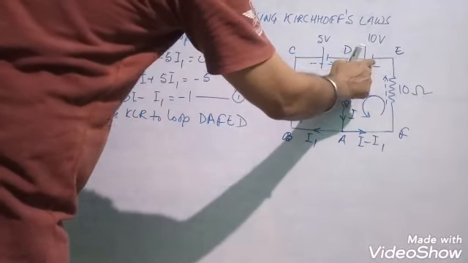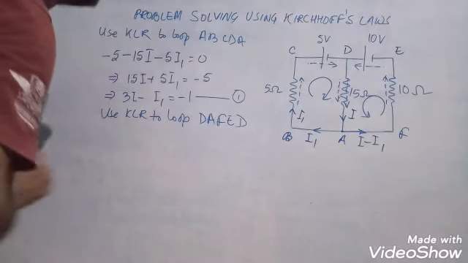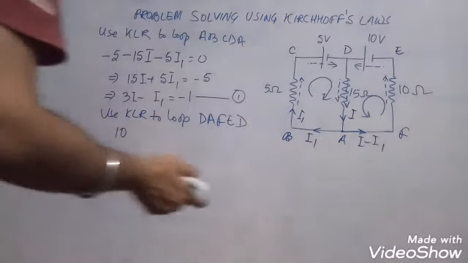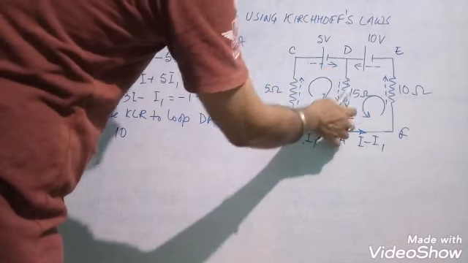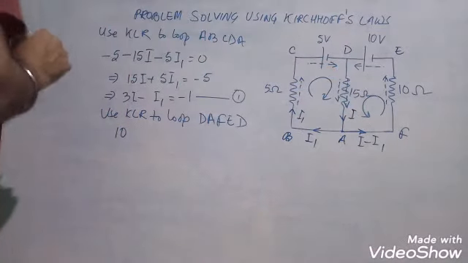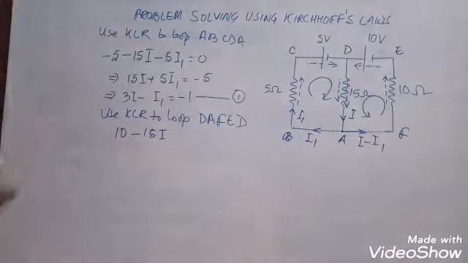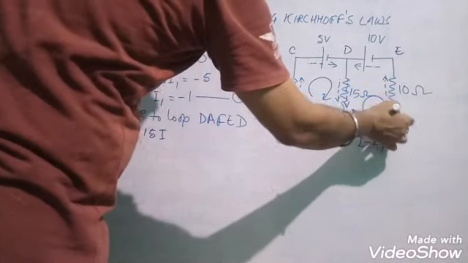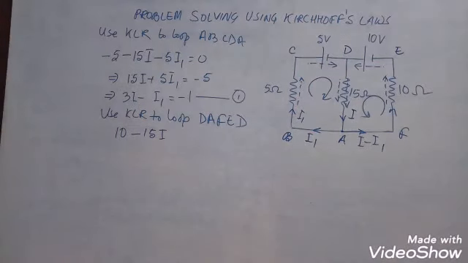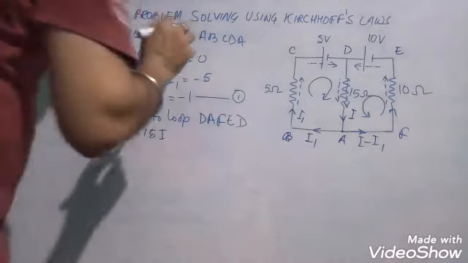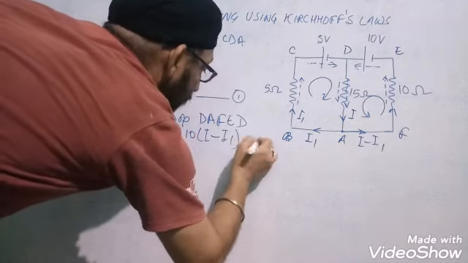Now because the arrow is taking us from the negative towards the positive terminal of the battery, so the EMF will have a positive sign. So 10. Now here you can see that the path along 15 ohm resistance is taking us along the direction of current. So potential drop will be negative. So minus 15I. And we can see that again the path along 10 ohm resistance is taking us along the direction of current. So potential drop again will be negative. So minus 10 I minus I1 is equal to 0.